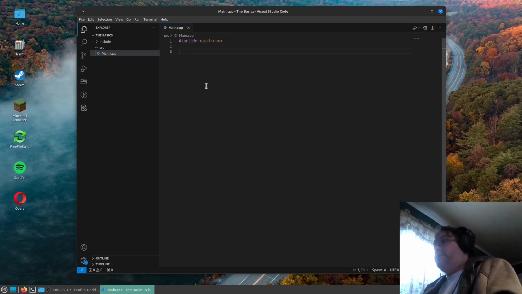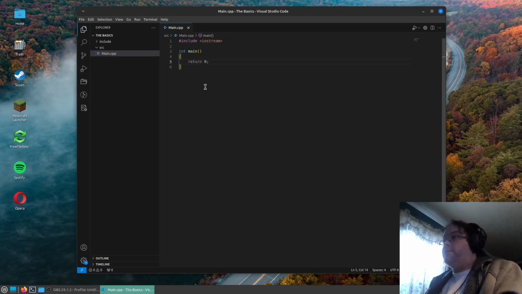Alright, let's go ahead and get started with the main part of C++. And just like C programs, you're always going to start with an int main function. And if you're wondering what int is and why it has to come first, int main is basically just the most standard program that you can start with. It's a predefined function that basically just says if you're returning a value other than 0, somewhere in the execution